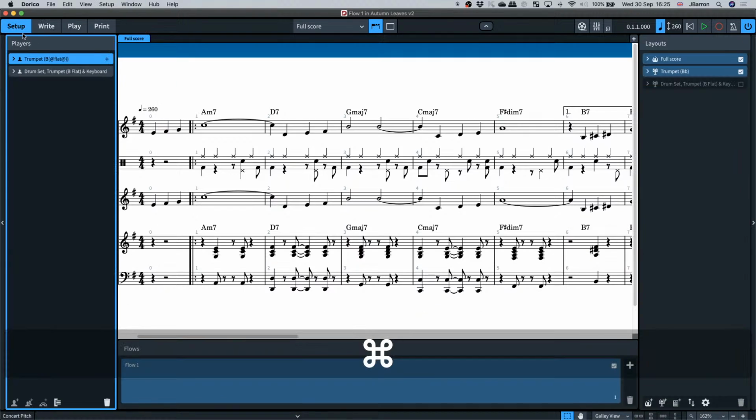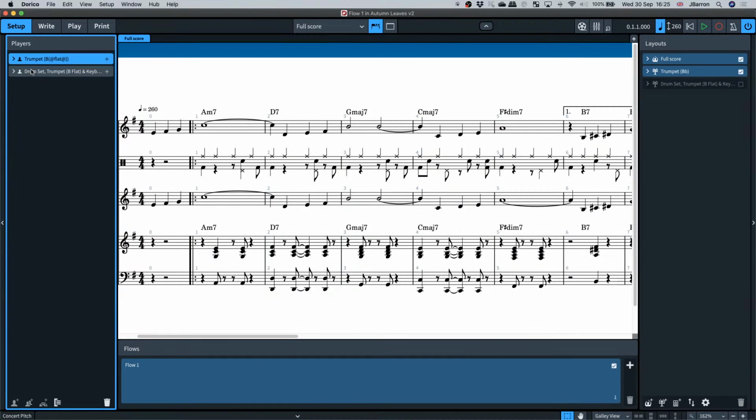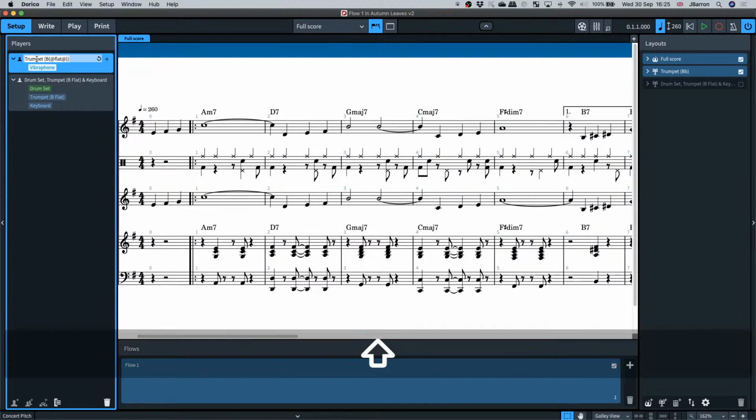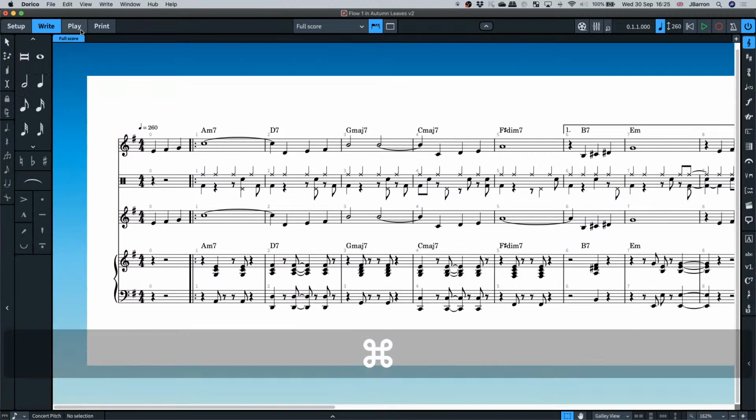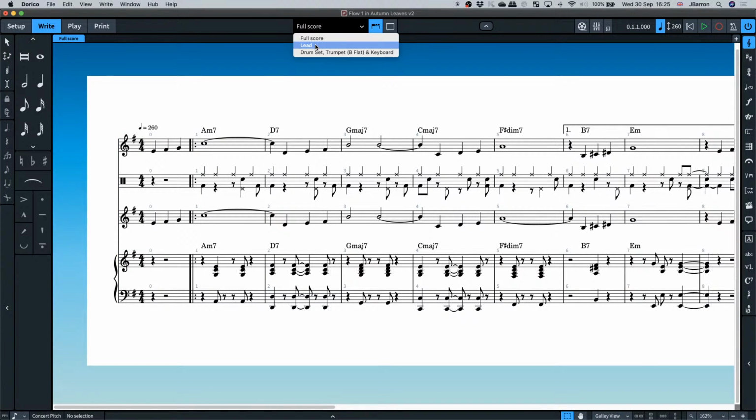Now on my players, it's a 2-player limit still in Dorico SE. So I've got a trumpet, and I've got a drum kit, and a keyboard, and this is vibraphone. So I'm going to call this just my lead part. So I have a lead part and I have everybody else, which is all fine. But when I go to page view here,